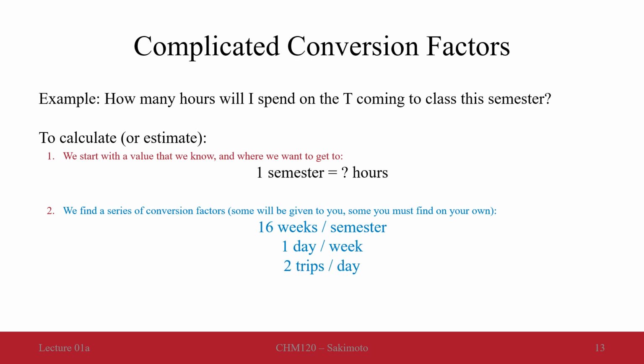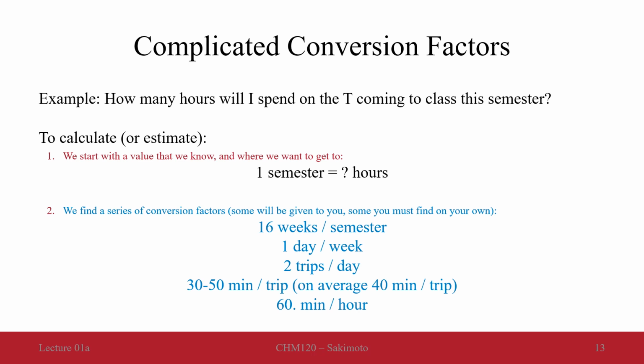And to attend chemistry lecture and lab, I need to make 2 trips per day. I need to come to class and I need to leave class to go back home. Finally, I can make some estimate that there's about 30 to 50 minutes per trip. So I'll take an average and say each trip on the subway is going to take me 40 minutes on